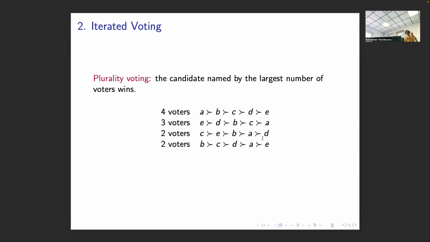So Ulo told you about strategic voting, and probably you have in your mind that strategic voting is a bad thing, right? Who thinks that strategic voting is a bad thing? Okay, who thinks it's a good thing? Why? Look at that. So you have these 11 voters, and these are their preferences, okay?